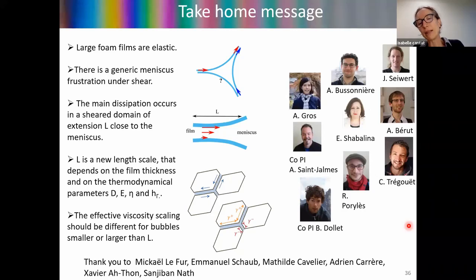And at the beginning, the film is so small that you cannot really stretch it. You need to first produce some film. So at the beginning, you are almost sure you will extract some frontal films from the meniscus. But after a while, I think you should have the same competition between stretching and extraction as soon as the size of the film is large enough.